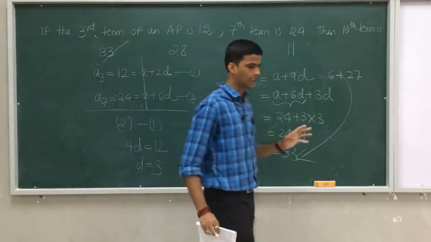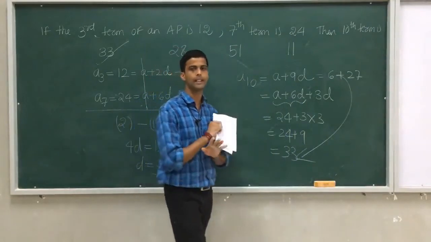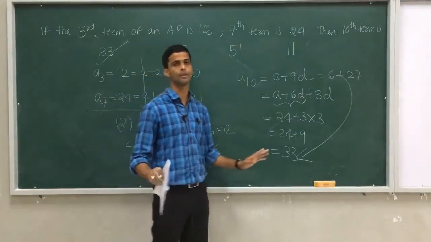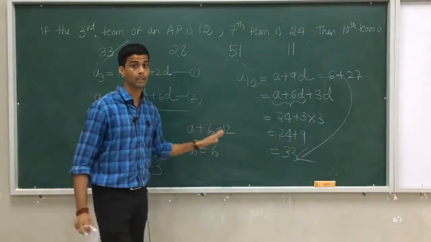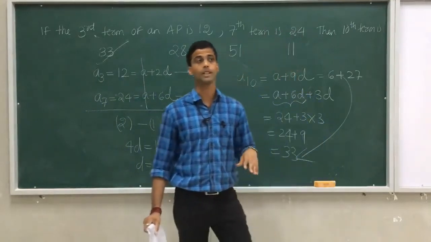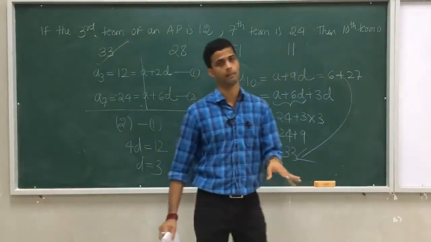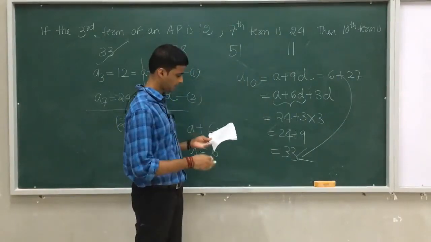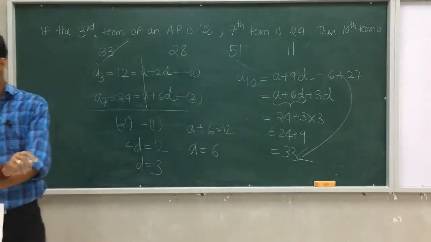So please, I will suggest you, don't directly jump to the solution. Just sit with the different options. If you have a variety of options, you just play with them very beautifully so that you can enjoy the steps, and you can save your time. In entrance exams, how many questions you answer is secondary. How many questions you answer correctly in the stipulated time is very important. So please solve such questions. So 33, which is option A. Now we will jump to the next interesting question.